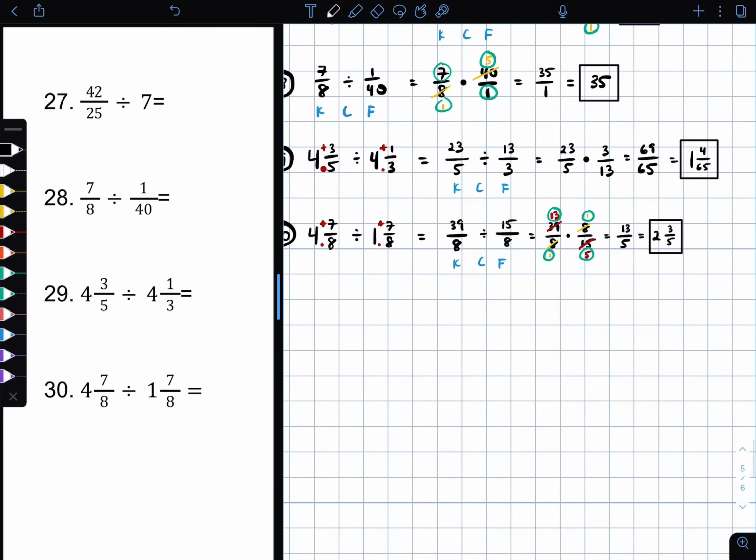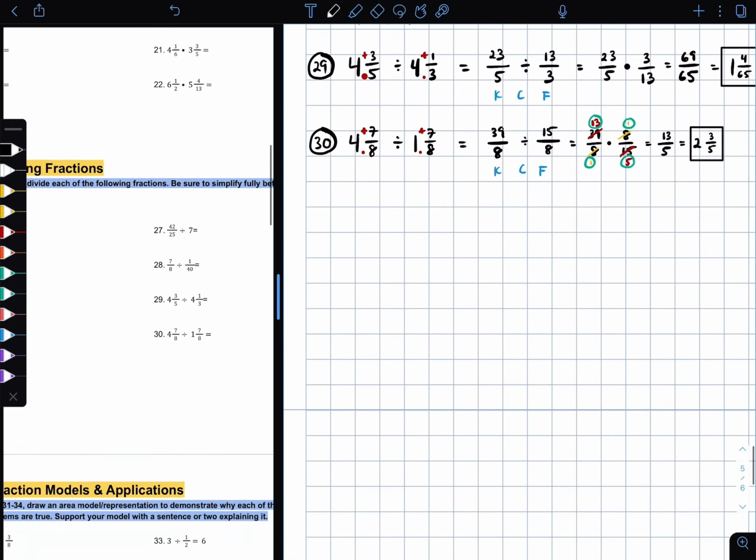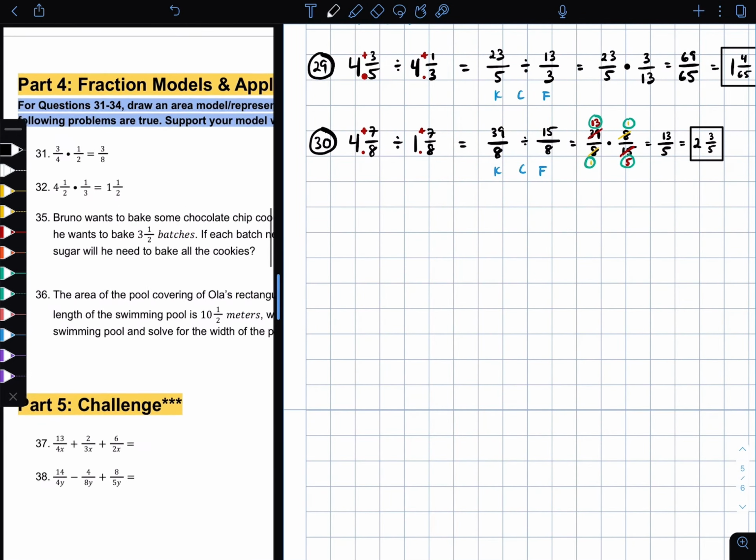So we have 39 over 8 divided by 15 over 8. Keep, change, flip, cross cancel some numbers, and then we have 2 and 3/5. And there you have all the division problems here. Moving on,